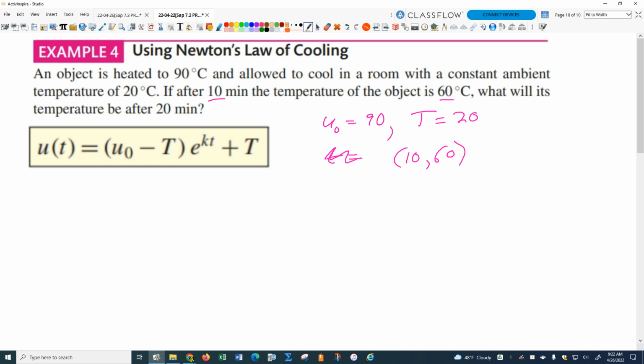It's temperature. Okay, so how are we going to solve this thing? We still have to know, there's one unknown that we haven't solved for yet. Everybody see that? Okay, we need to know what the decay constant is. That's what this initial condition, or boundary condition, is telling us, right? So then if we plug all that stuff in, we get 60 equals 90 minus 20. So the change in temperature is 70 times e to the